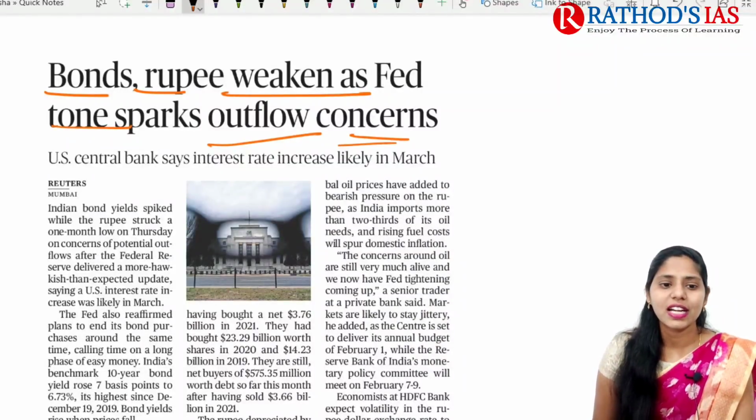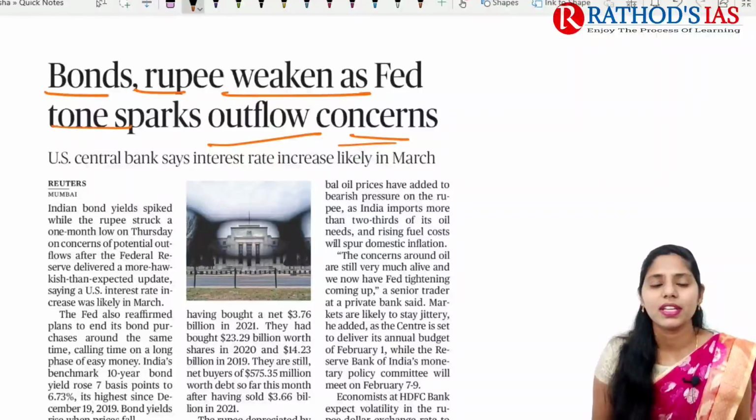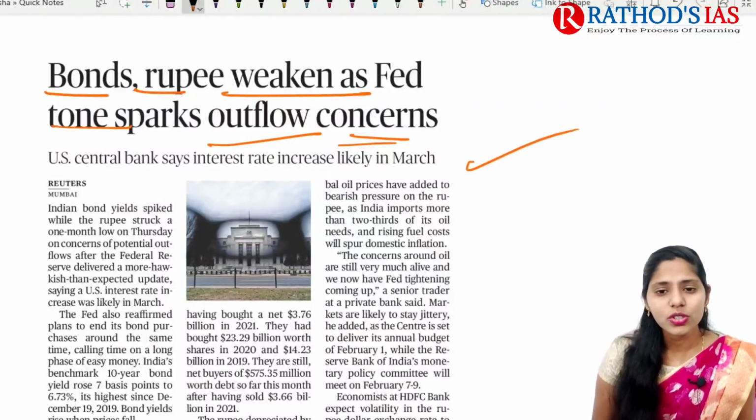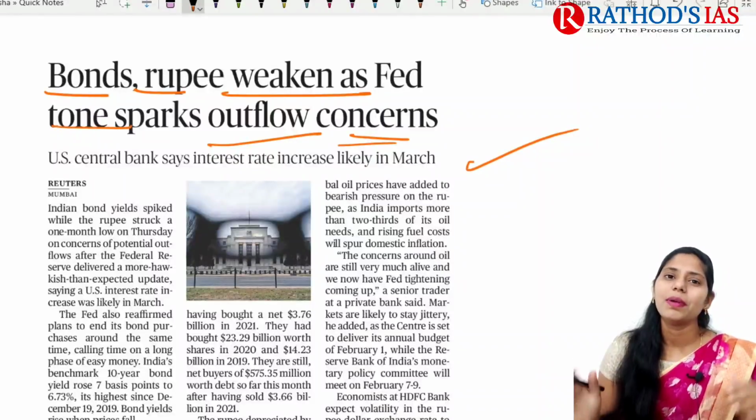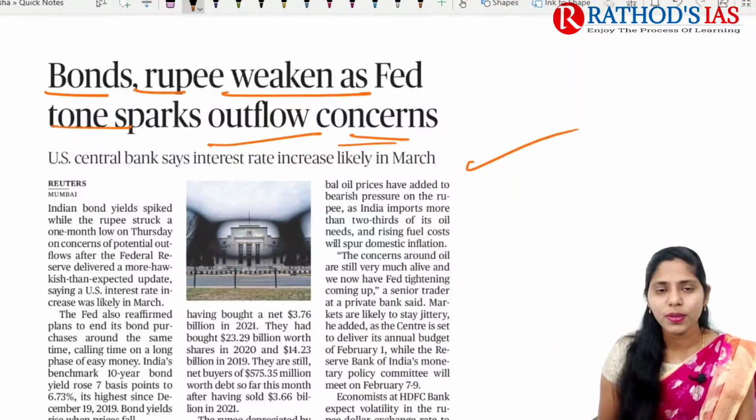So this article is talking about the Federal Reserve. The Federal Reserve is the central bank of America. This Federal Reserve wants to increase its interest rate. This article is very much important, and please try to focus. If you focus, then only you can understand this concept. If you don't understand this concept, it is one of the important topics that you are going to miss